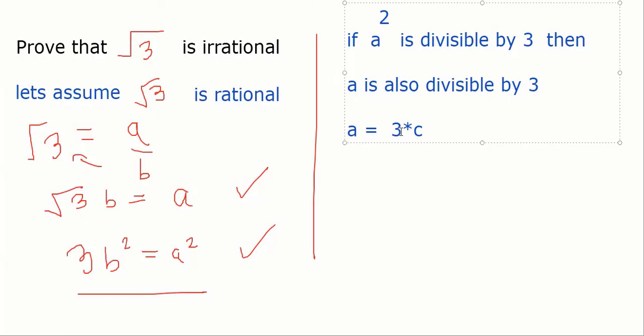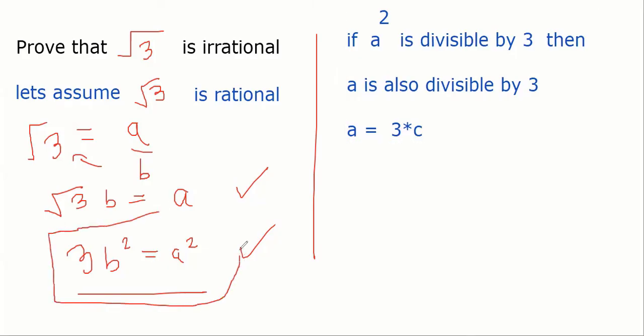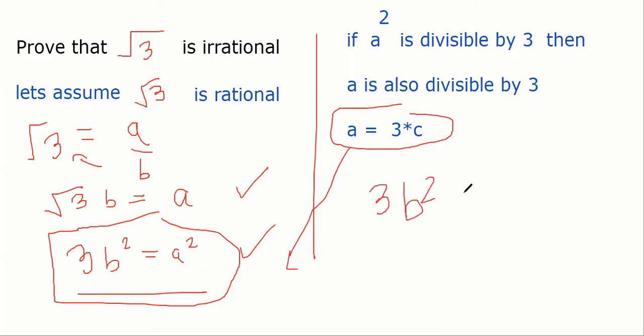Now you got a equal to 3 into c. Now what you can do is, what was the equation here? Put a equal to 3c there. So what happens? It becomes 3b square equal to a square. A square मतलब 9c square. इसका square करो, 9c square. Right everybody? 3 and 3 cancelled. b square equal to 3c square. अब वही बात हो गई, b square equal to 3 times something, मतलब क्या हुआ? It's all about concept. b square equal to 3 times something, मतलब b square is divisible by 3.